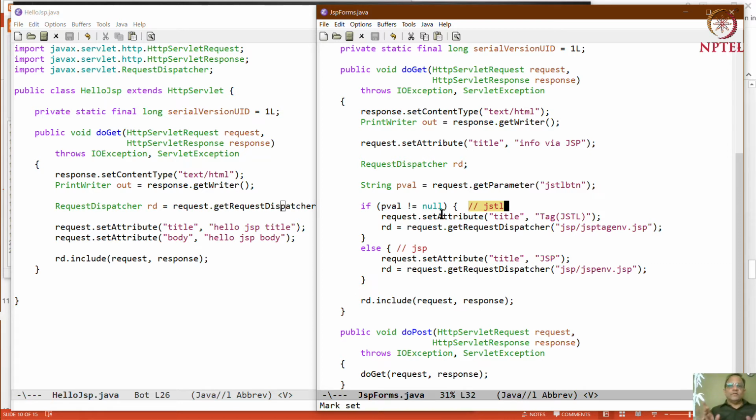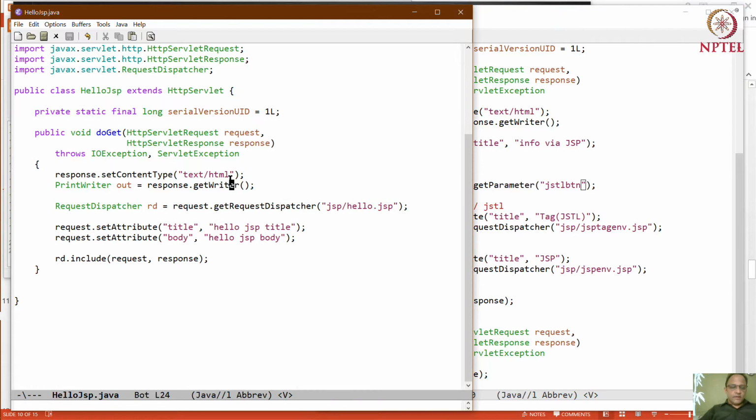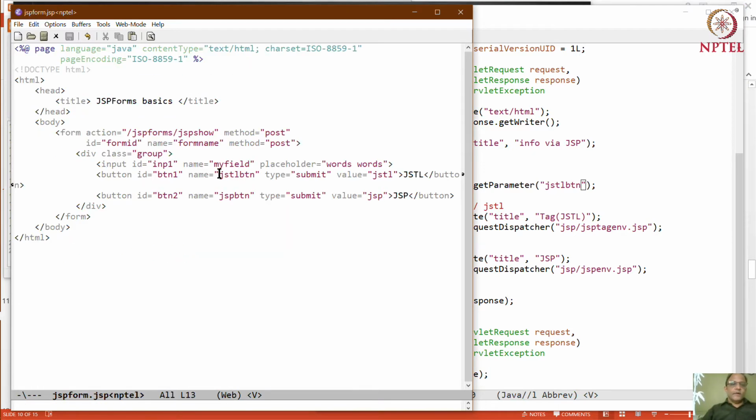But there are 2 things. There is one thing called JSTL and another thing called JSP. We are first going to look at JSP, but this app has JSTL as well, and we will see why in a little bit. But the point is that this string arrives via the request parameter. What is this string? This string is the name that we gave. So key value pairs arrive at the servlet. The name is this one and the value is this one, depending on which button was pressed.